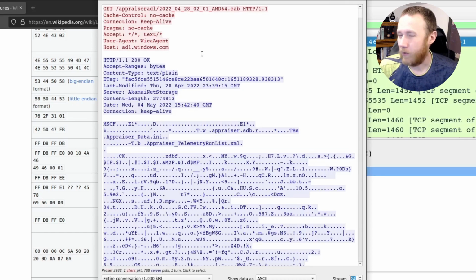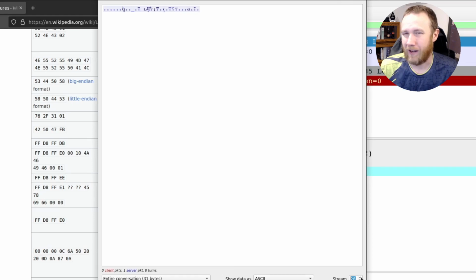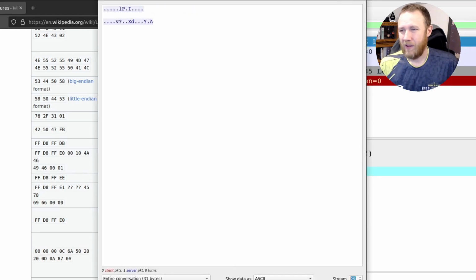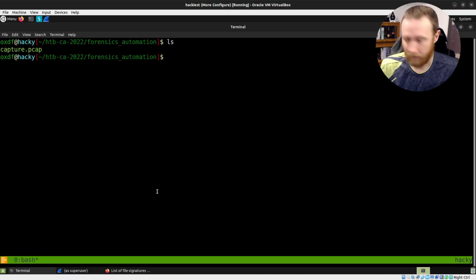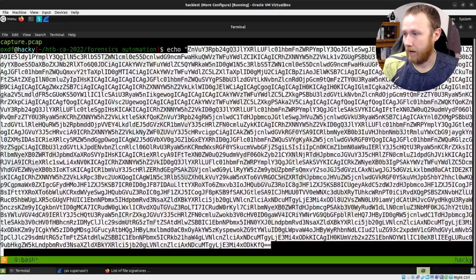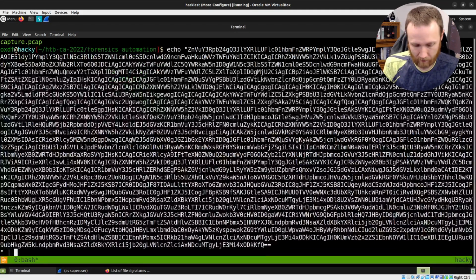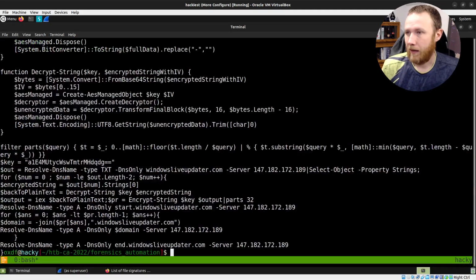Another get, this time from windows.com. Again, it's very unlikely we're using it. Windows has been exploited and they didn't even tell us that. And that's the end. So we are going to focus on the TCP side, at least on that base64 encoded stuff. So if we do, we can echo that and pipe it into base64 -d and we get a